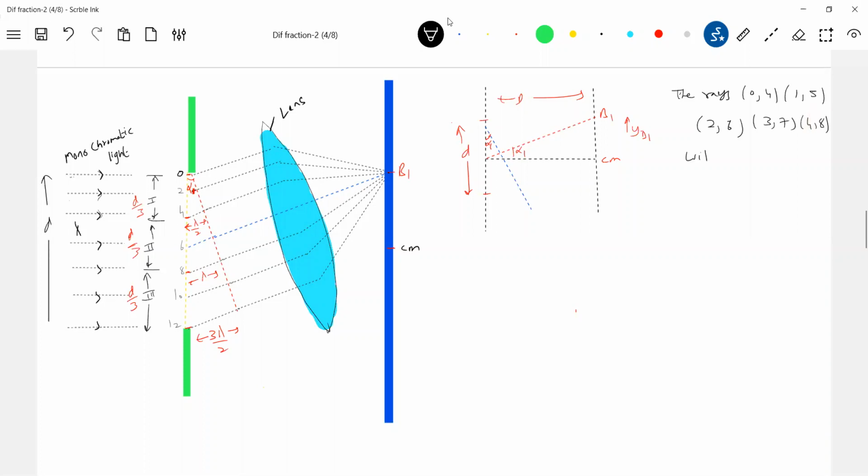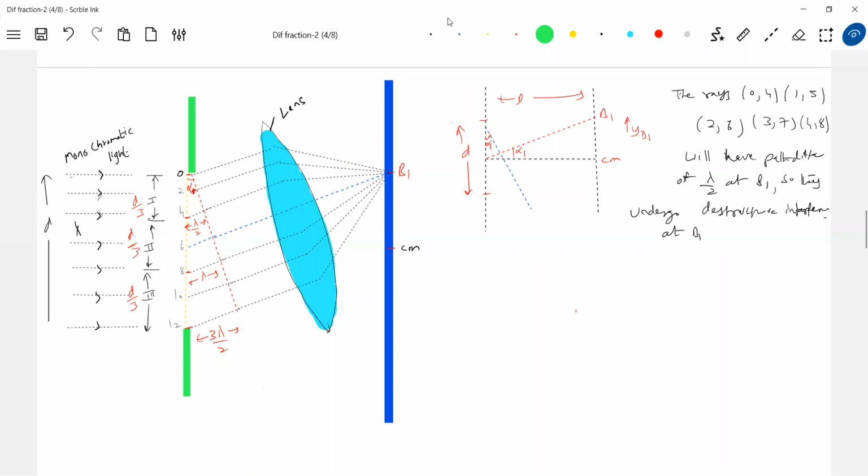4, 8 will have a path difference of lambda by 2 at B1. So they undergo destructive interference. Fine. So they undergo destructive interference at B1. So there, to put it in the simplest way, the light coming from the